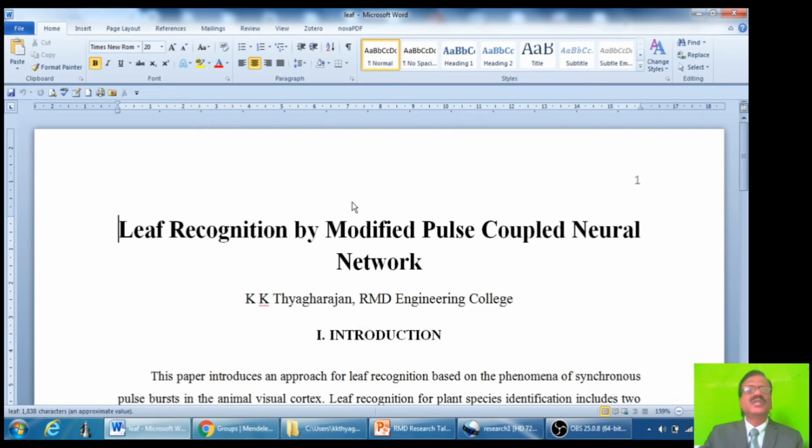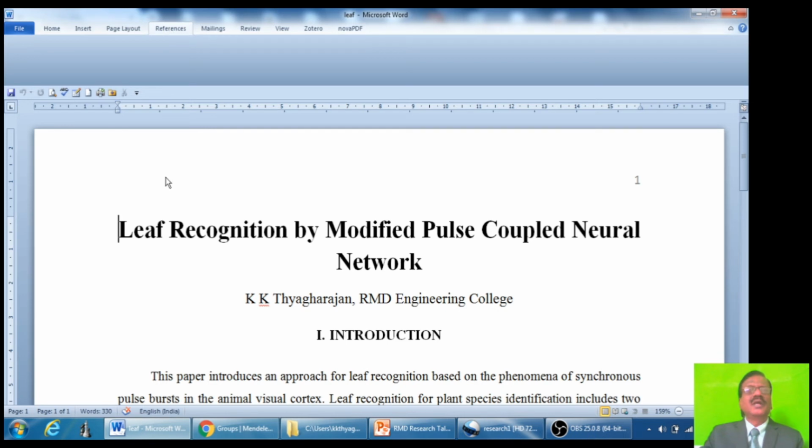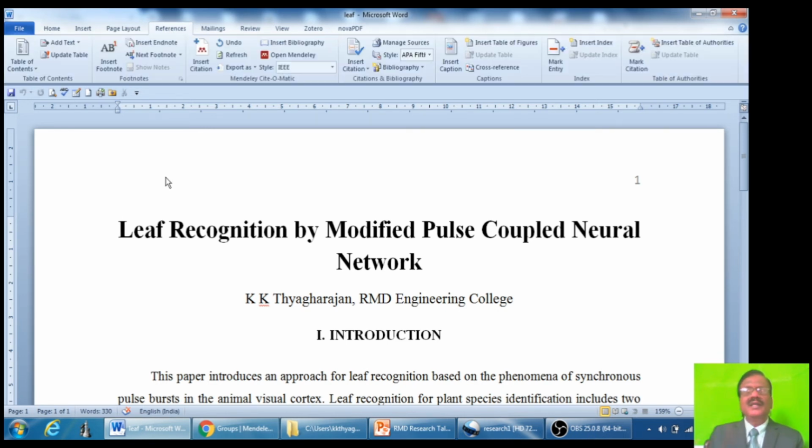In this Word file, you will be having a reference tab. You click on that. Since you have already added or installed Word plugin, you will see three icons related to Mendeley.